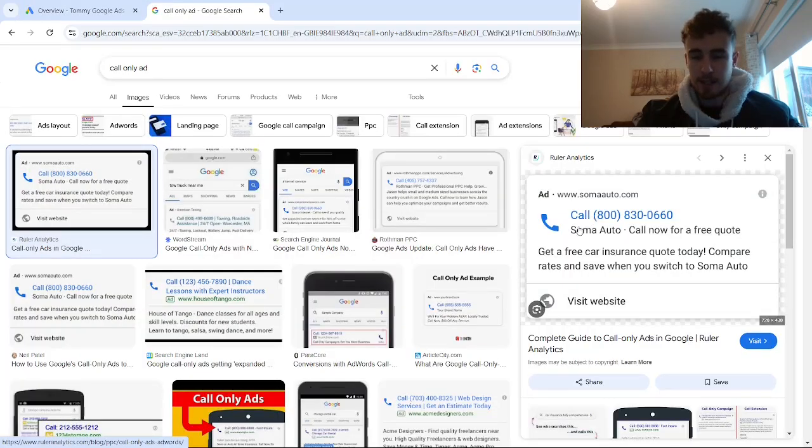So you can see here an example of a call ad where calling directly is the main call to action. So the whole purpose of call only ads is to get you as many phone calls as possible, but you can see that there is the option of a link to the website, but that is more of a secondary call to action, whereas the primary call to action in each case is for them to call you directly. And so these ads are obviously great for any service where you're just looking to get as many phone calls